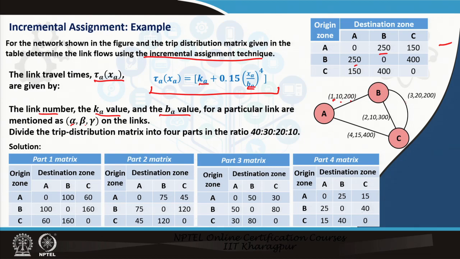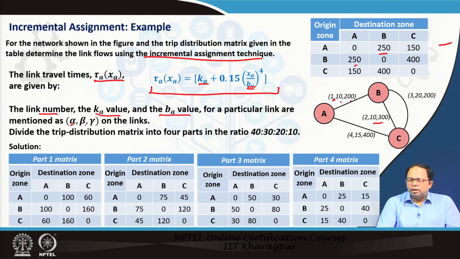Using this data, there is only one way to go from A to B, which is 10. We can also go from B to C and then A, but obviously this is 10 plus 15. But if I keep loading values, we may find that another route has become faster. From B to C there are three options: along this route it is 25 minutes, directly it is 10 minutes, and this one is 20 minutes. This is initially, when there is no loading on the network. Once we start loading, these values will change.